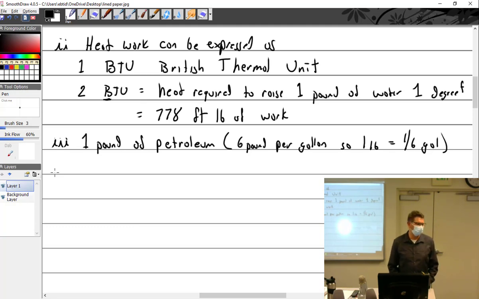How many pounds does a gallon of avgas weigh? 6 pounds. You need to know that. A gallon of avgas weighs 6 pounds, so 1 pound of petroleum is 1/6 of a gallon. And the point here is I didn't convert it. I just found something that said 1 pound of petroleum, and I had to stop and go, well, how much is that? Well, that's about 1/6 of a gallon. 1/6 of a gallon can produce